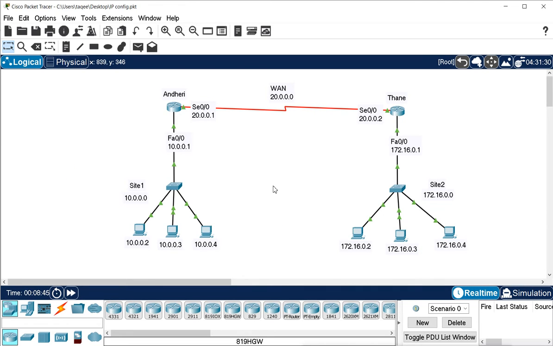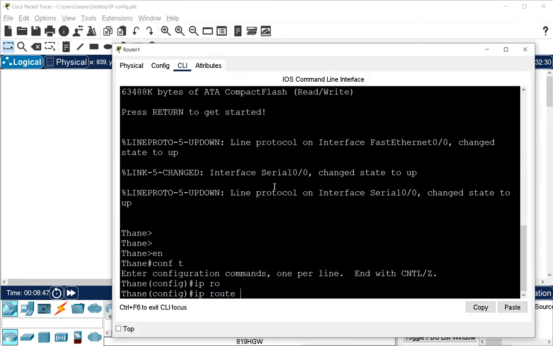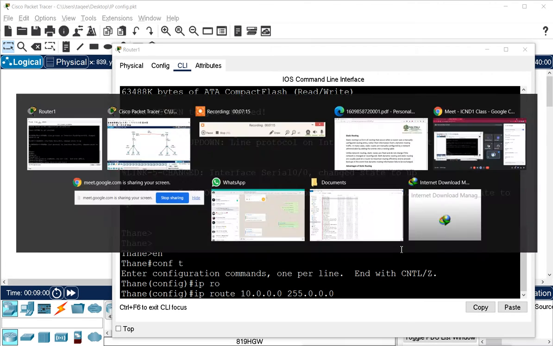Whatever network is not directly connected, we create that and enter it into the routing table manually. So here I will add this network 10 with the subnet mask, whether it is subnetted or not. And then again we mention the first hop address.